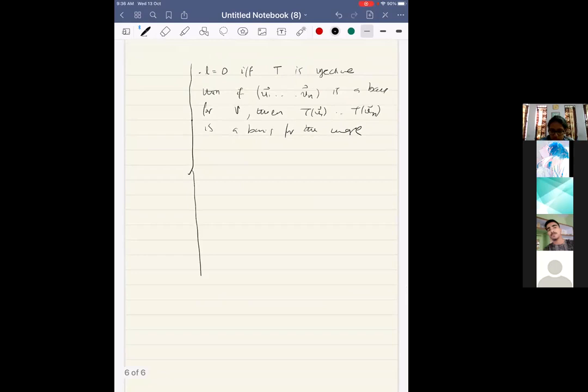So this is a case: if T is injective, then if I take a basis for V and take the image vectors, that's actually a basis for the image. I will prove this in a minute. Therefore, dimension of V equals n equals dimension of image T,